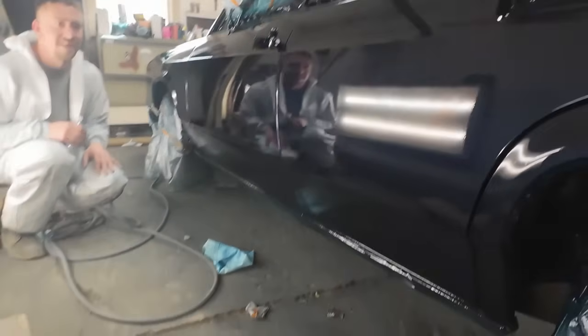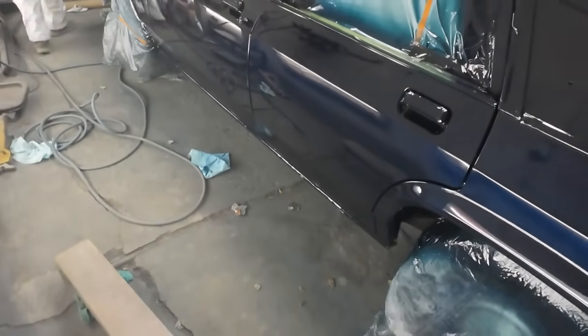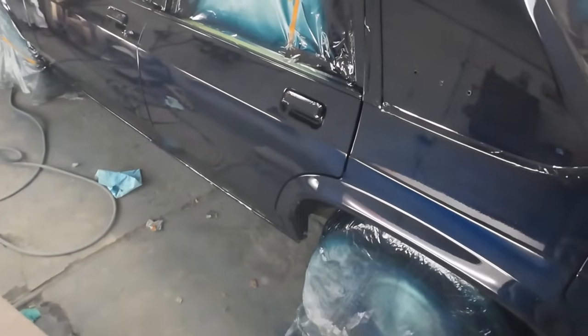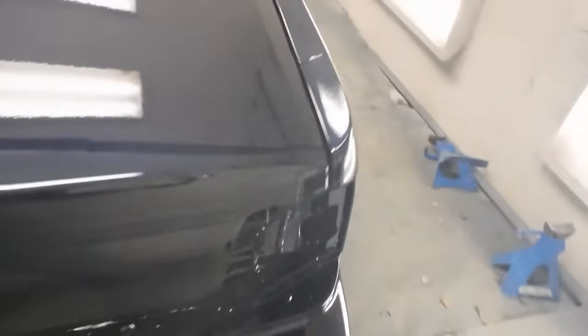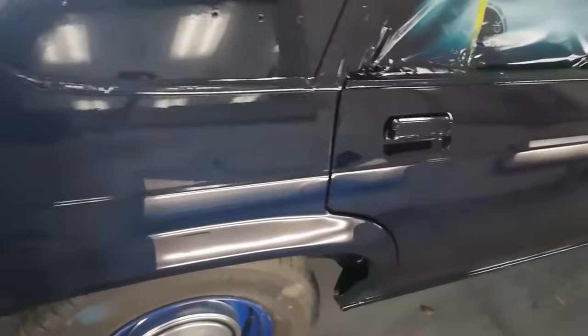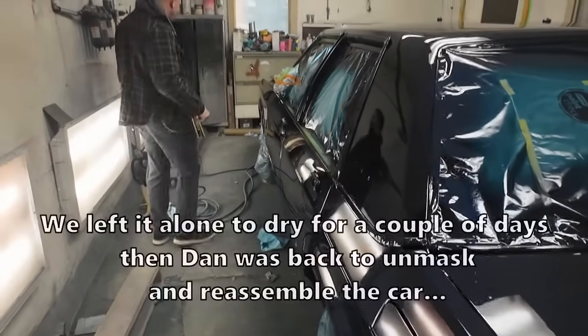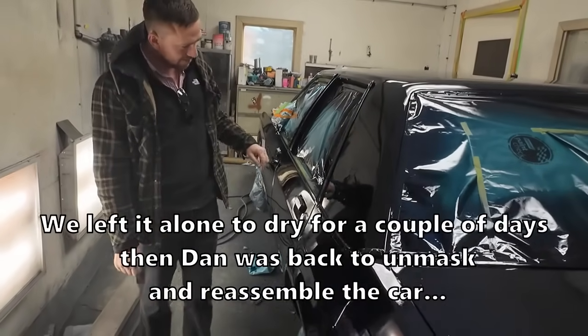No, you should be very happy with that. I'm pretty happy with that. I think the car looks brand new. Yeah. And it's a factory color, which I love. It's so cool. It's like black and blue. Yeah, it's a beautiful color. And it'll all slam back together really quick, too. Yeah. I'm just trying to make sure I didn't miss anything. Looks pretty good, hey? Yeah, time to pull some of the paper and the tape off, I guess. And we'll see what,